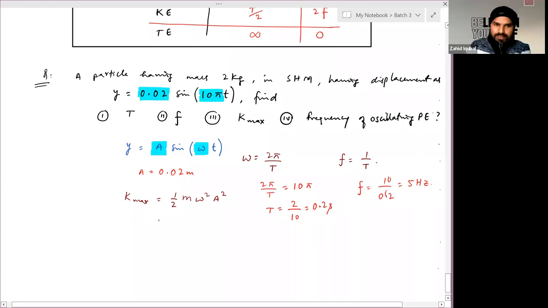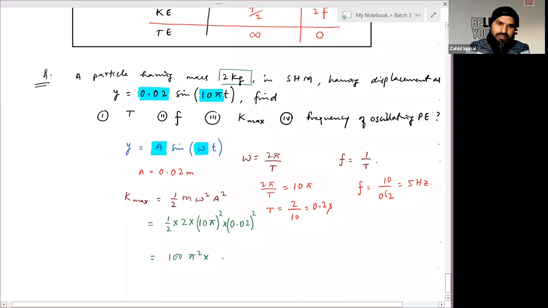Now we have to calculate maximum kinetic energy. So half times mass of the body, we have 2 kg, omega is 10 pi squared, and amplitude 0.02 squared. So on solving, 2 and 2 will cancel out. 10 squared will be 100, pi squared,